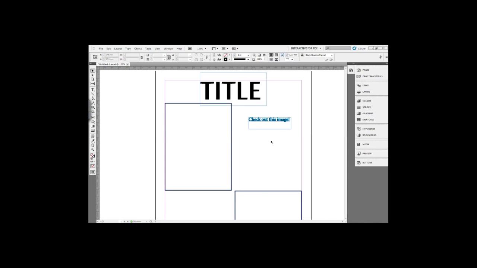This is Clarity Design, and we're just going to have a quick look at how we can make something a bit more interactive in InDesign. InDesign is capable of making all sorts of animations, websites and interactive PDFs, and today I'm just going to have a look at some of the very basics of making an interactive PDF and how to go about saving that and getting it ready for other people to